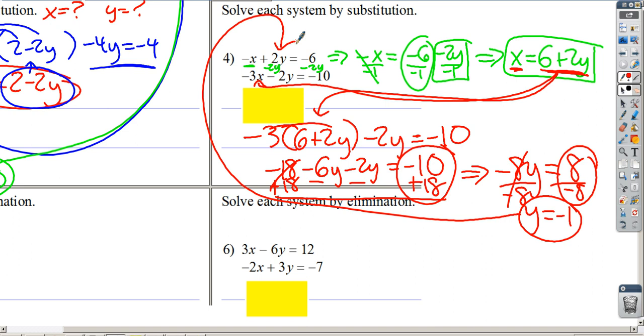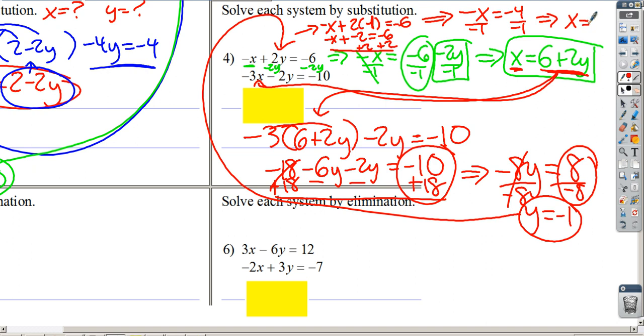I'll just choose this one. So over here, negative x plus 2 times negative 1, and that equals negative 6. Sorry, that's a negative 1 there. So negative x plus 2 times negative 1 is negative 2. So we will add 2 to both sides. And apologies again for the mess. Negative 6 plus 2 is equal to negative 4. So if negative x equals negative 4, then when you divide both sides by negative 1, you end up with